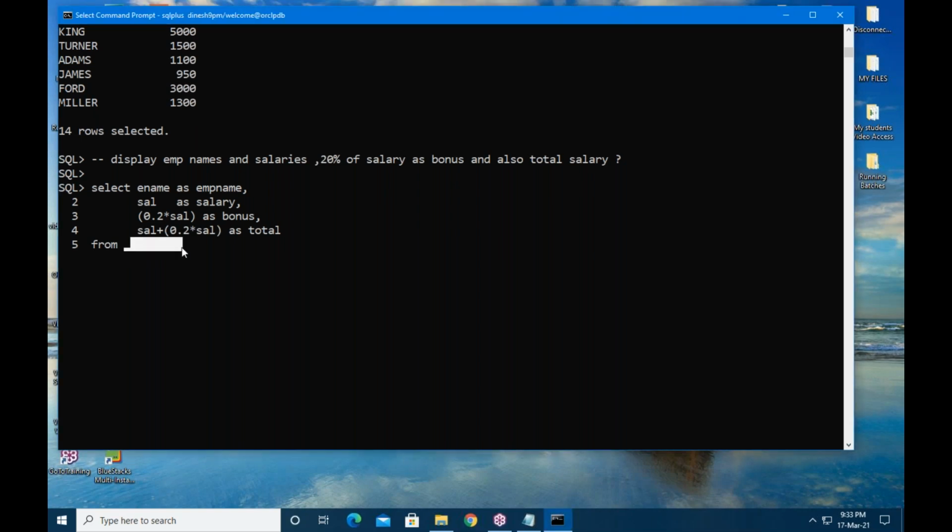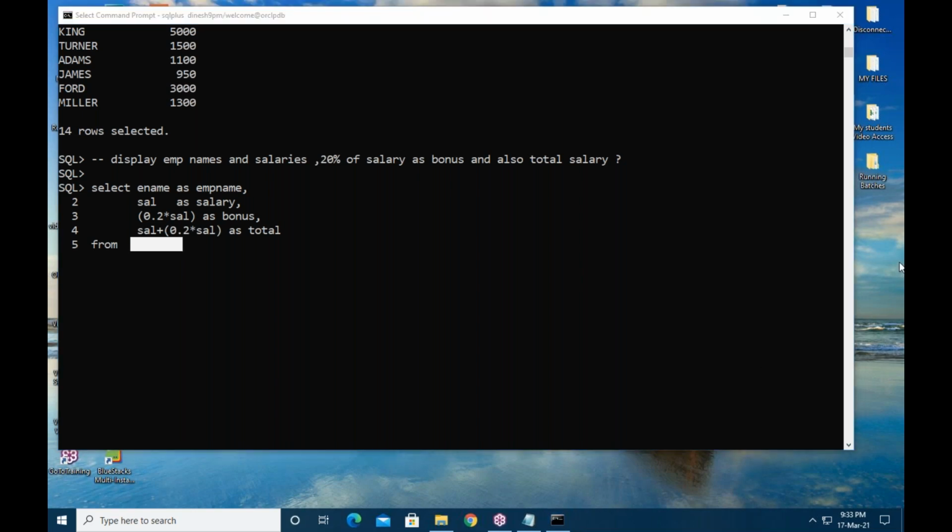No, sir. Yes or no? Somebody is saying yes. No, sir. Ravindra is saying no. Srikanth also saying no. No, we should not use dual, because there are many members in the table and each has a different salary.